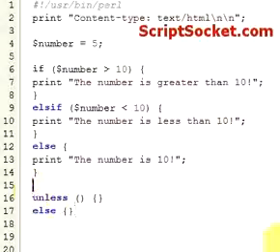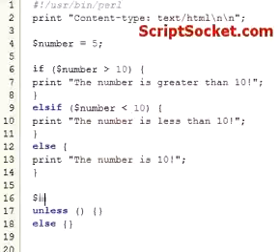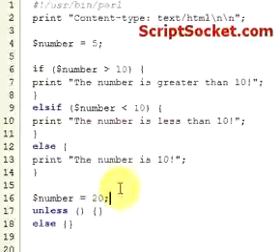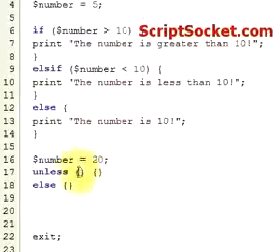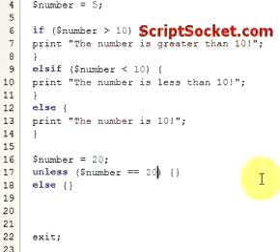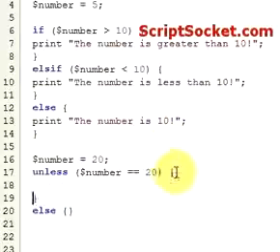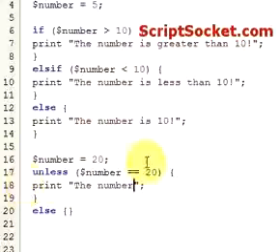So let's create a new variable, number equals 20. And we can say unless number equals 20, print. So unless the number is 20, so unless that is true, which the number is 20, so this is not going to be true. Print the number is not 20,